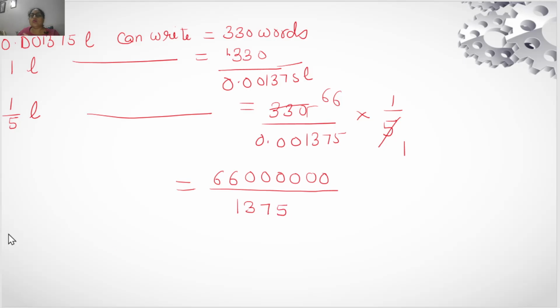Both of them are divisible by 25. So you can go with 25. You can also divide it by a bigger number. So when you divide it, you will get 48,000. Understood? So 1 by 5 liter can write